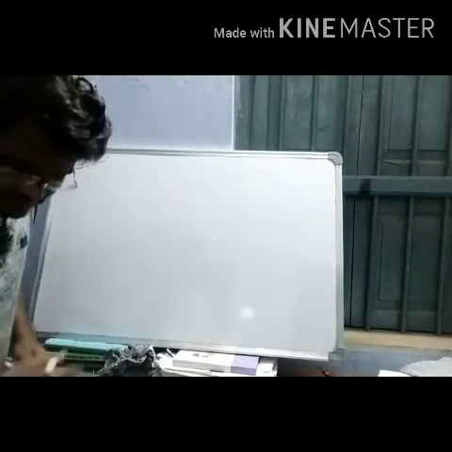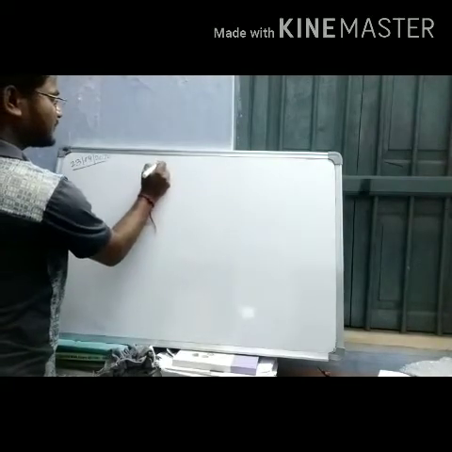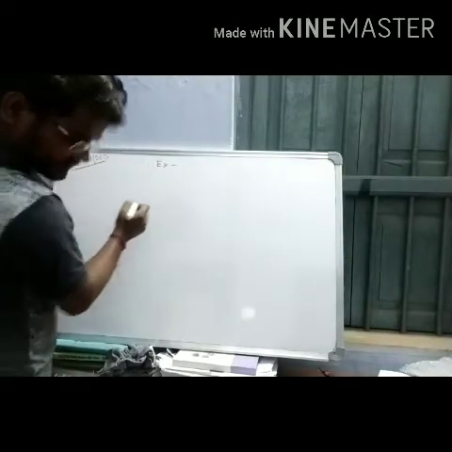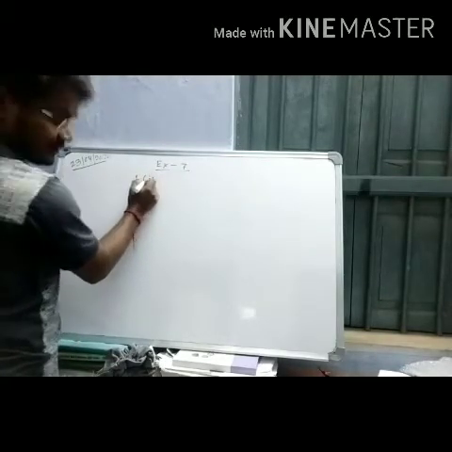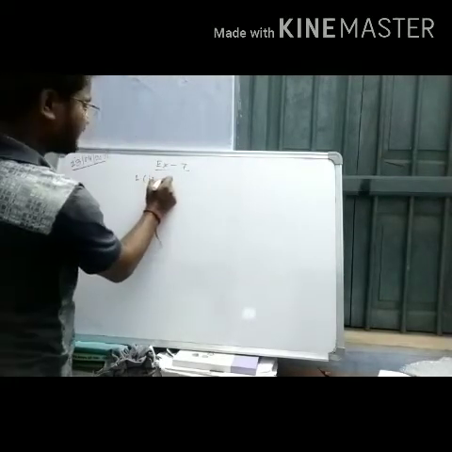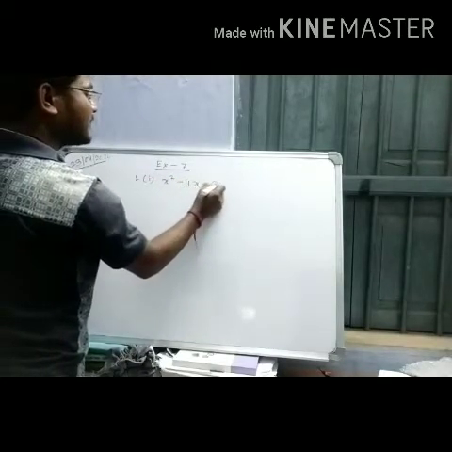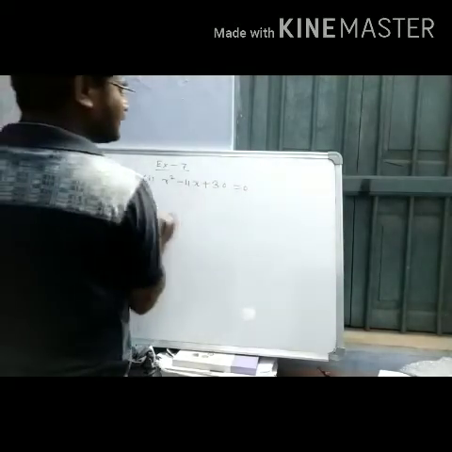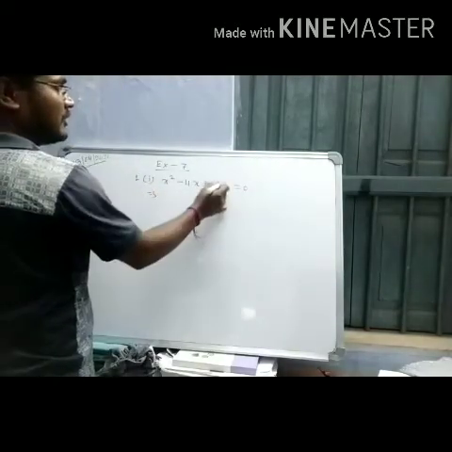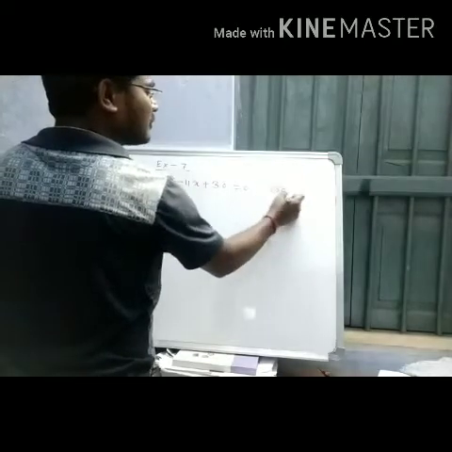The first one, exercise 7.1. It is given that x square minus 11x plus 30 equals 0. Now we have to do the middle term of this. Here it is 30, and here there is nothing, meaning 1. We have to factorize 30.